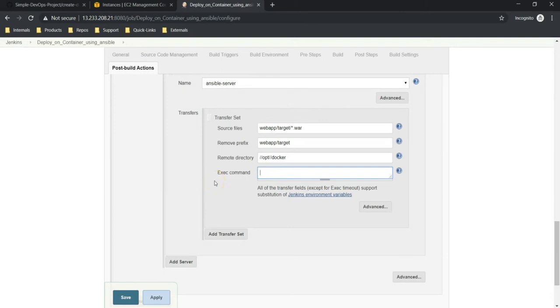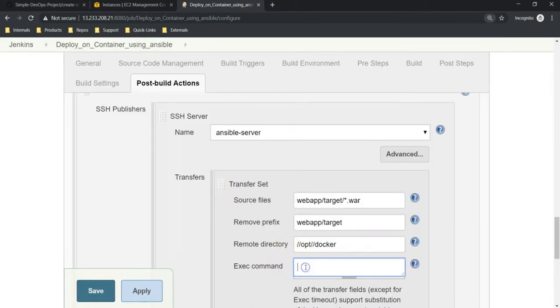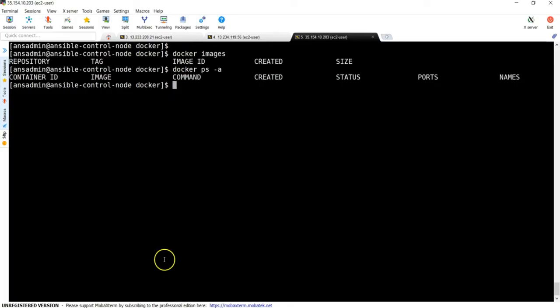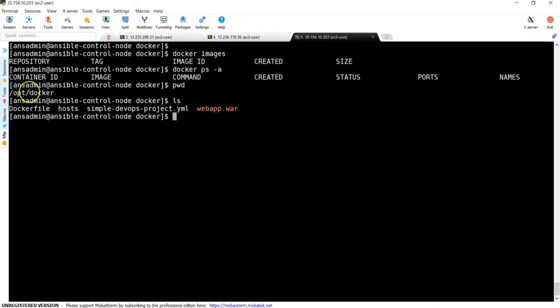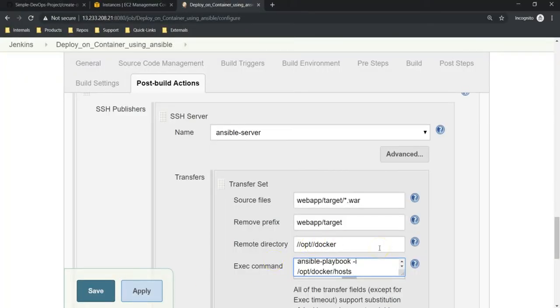Let me zoom the screen. So ansible-playbook -i. Where is our inventory file? It's in /opt/docker/hosts, if you remember. So pwd, ls, you can see under /opt/docker we have the hosts file. Next, we need to provide the Ansible playbook name here.